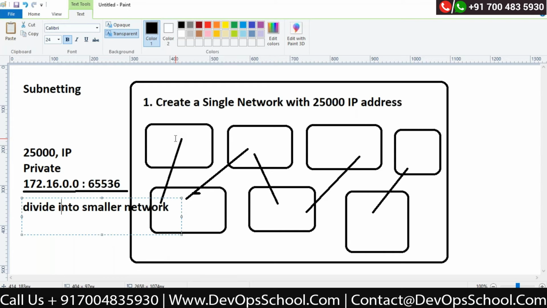Correct? Don't get confused. If you understand subnetting properly, you will come to know how I can divide this IP address into smaller chunks, and how those chunks can be allocated department wise, and how I can create small networks within my organization. Those small networks would act like small collision domains, so whatever is happening would happen in that particular network only. It should not come to other networks at all.